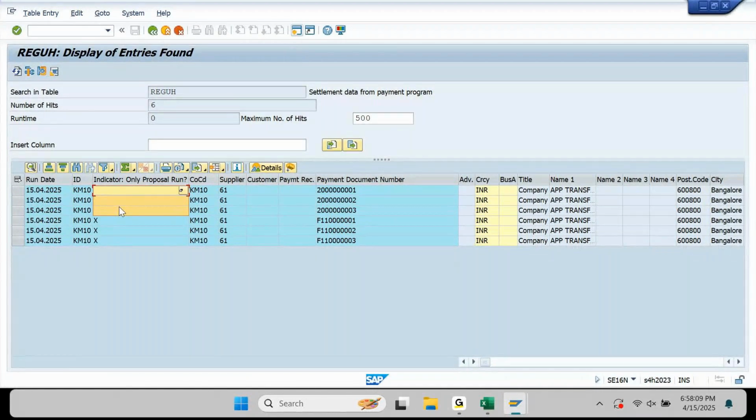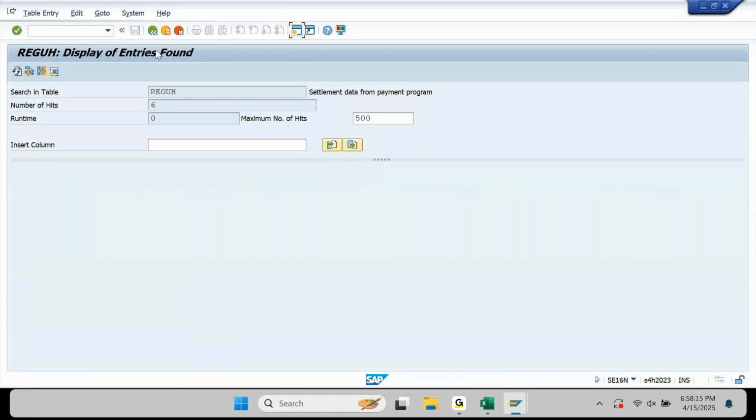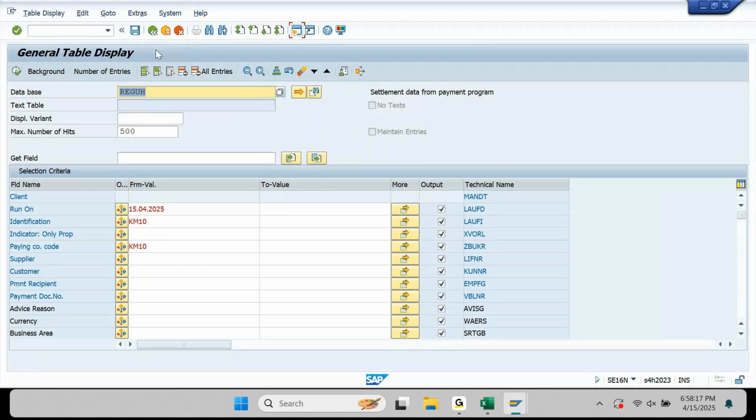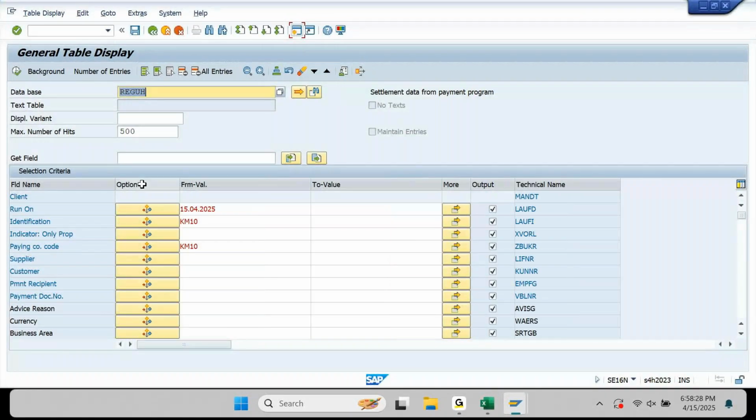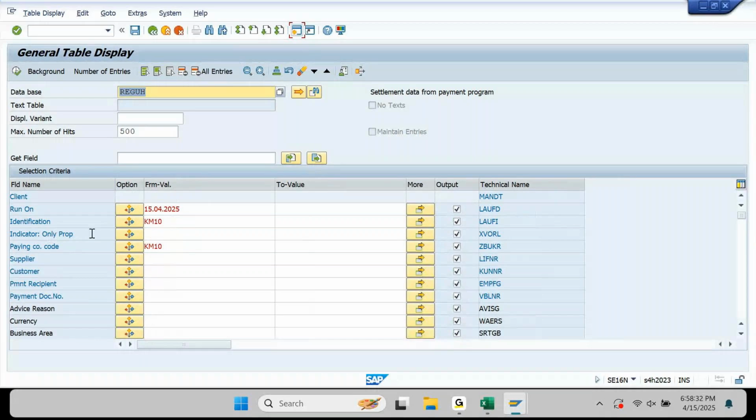It has to be blank. Now, when you are giving this requirement, this logic, to the technical team, the ABAP consultant, you need to ensure these points are clearly given. If I want this blank, you have this option here. This one you click, indicator only proposal,